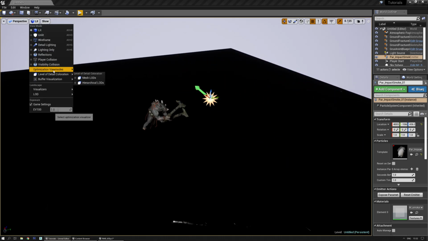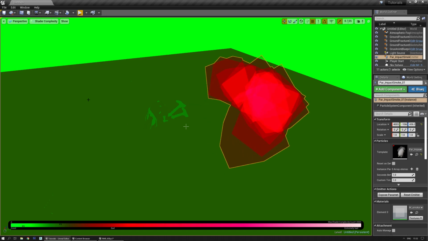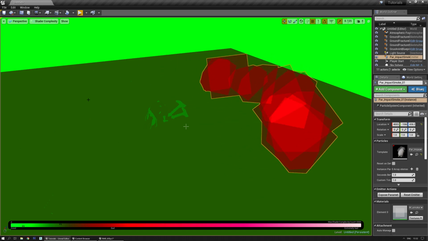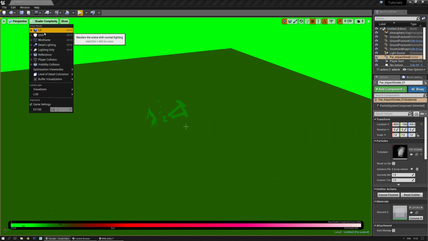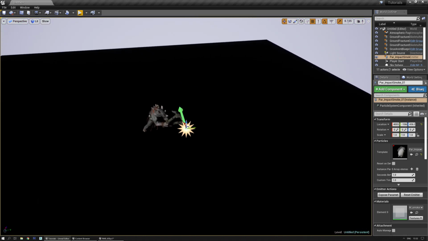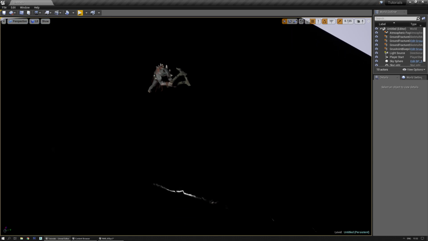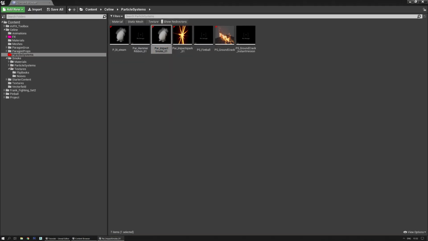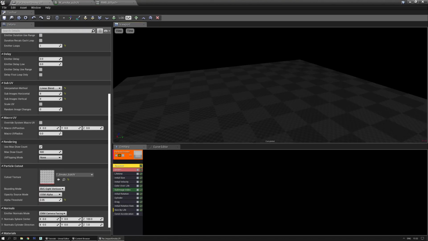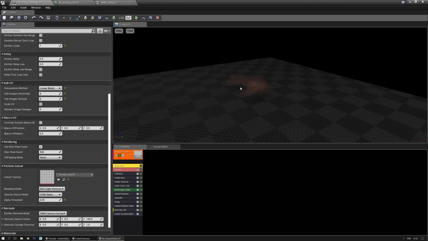And now if we go to that same view mode again, as you can see it's way less red than it initially was. So that's nice. Okay, I'm gonna delete that again, and now we need additional smokes. Since I have this one as a base now, I want to use that everywhere, at least some of the settings. Most of the settings are fine, I need to tweak obviously a few of them,